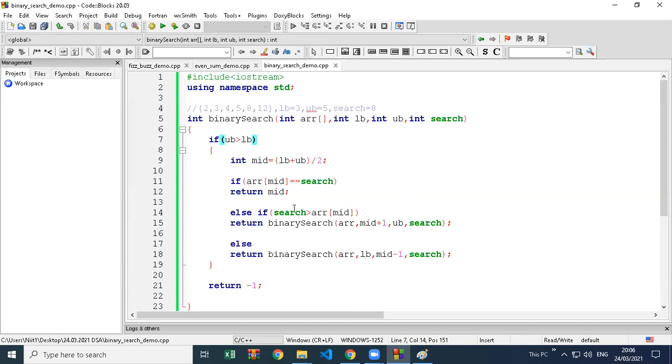So see, same logic. First of all, see if the middle number is your number. Otherwise, go to the right hand side or go to the left hand side. And keep doing this again and again until you get your number. Now, this logic is working with number 8. But there is some problem.